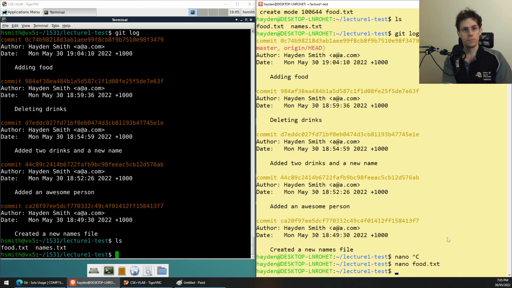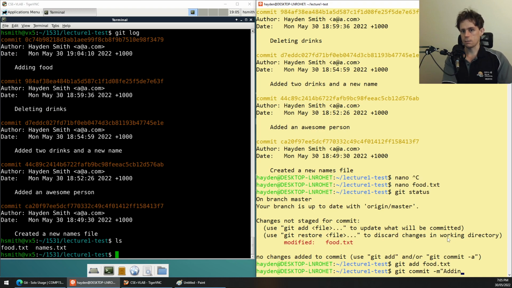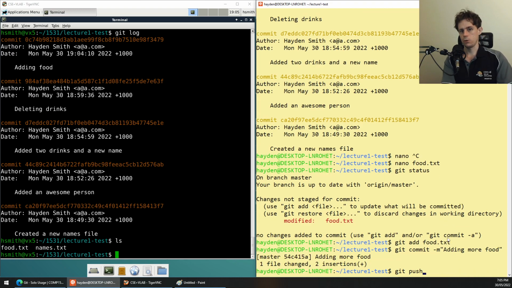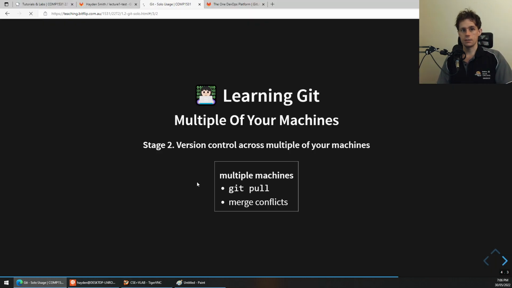Yeah, sure, that's good. And you know, I git status, and I'm on my local machine. I add food, git commit, adding more food, and then I push that up to GitLab. Okay, then GitLab has